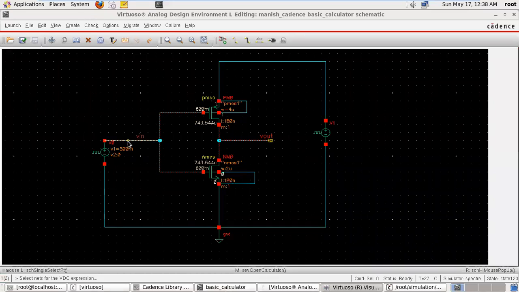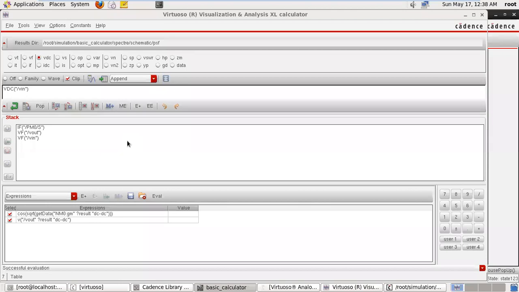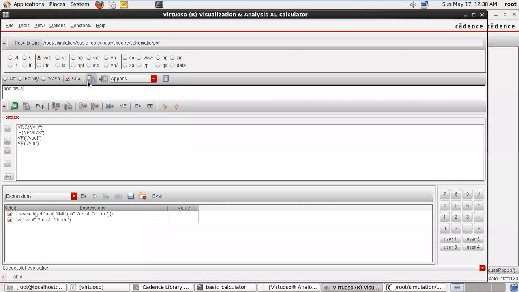So we are selecting the input voltage. What is my DC voltage value? So DC. When you press this, see that it does not generate a waveform because it is a numerical value. Whenever you click this waveform, see what evaluates the buffer. If scalar, display in buffer; if a waveform, plot. So when you press this key, if there is an expression, then the waveform comes. If there is a scalar value, this will display in the buffer. So we have taken the DC voltage value 0.6 volt. So this is our DC voltage value.